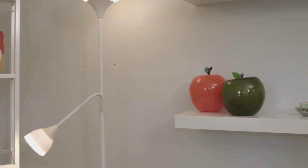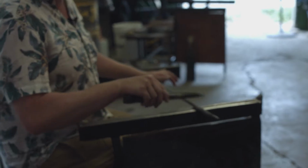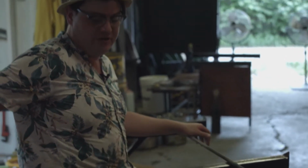I have two left feet and am fairly clumsy. So can anybody blow glass, or how do you teach them? Well, we do offer classes, and both Ryan and I really like doing the classes. It reminds me of when I first took a glass blowing class. You get thrown right into the deep end because there's no other way to do it, right? When someone hands you a blowpipe to blow glass,